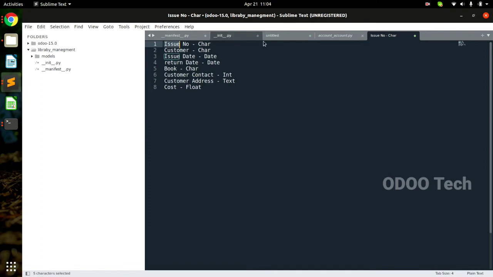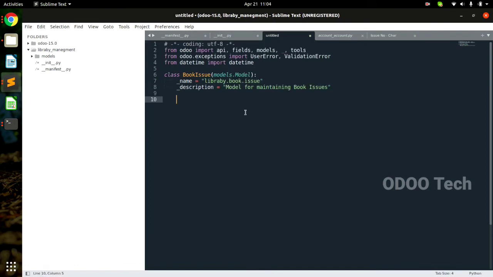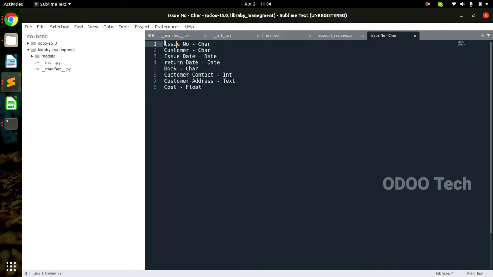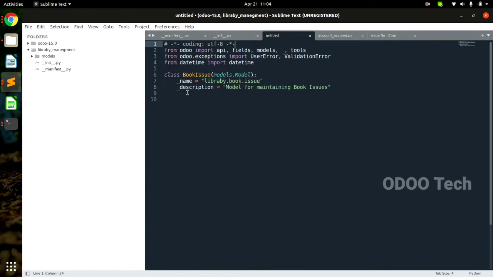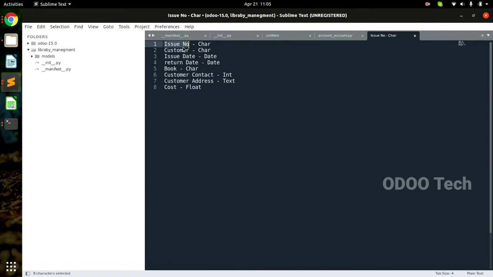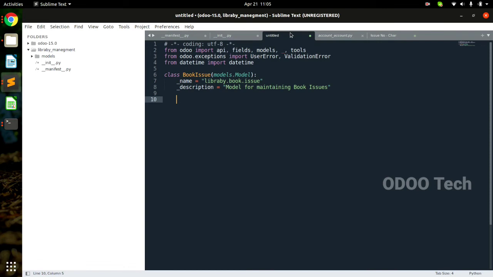So our first is the issue number. Now here a very important thing, issue number we are writing here in the file. So this is the user display, right? This is called the user display. So we have to define some technical name to use inside the Odoo. Now we know wherever we are defining a technical name, at that time space is not allowed, capital letters are not allowed to define any field name or any column name or any variable.